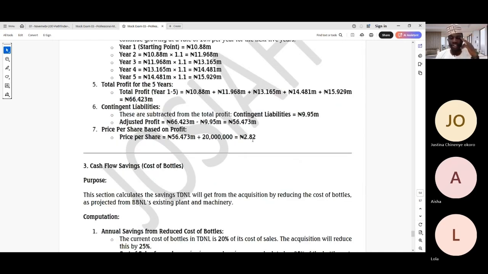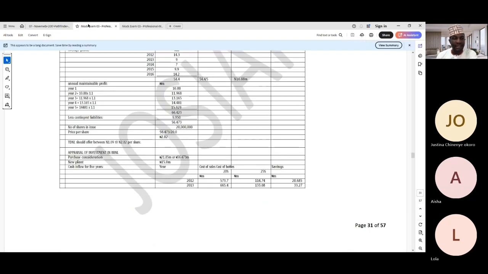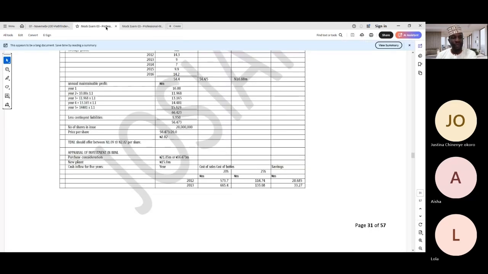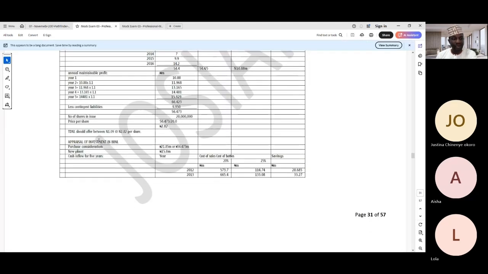these factors and computations. So it may sound technical and tricky, but just go back and follow through the computations based on these tutorials I've provided, and just keep yourself abreast and ready in case. Okay, so having looked at that, let's now look at the appraisal of the investment in BBNL